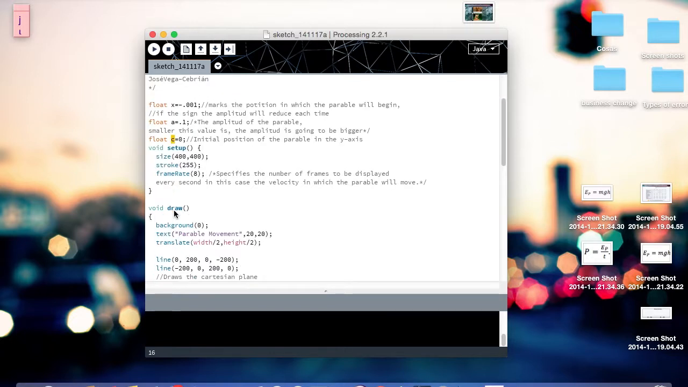Then we have the setup. This is the size of the window. We have the stroke and the frame rate. The frame rate specifies the number of frames to be displayed every second. For example,